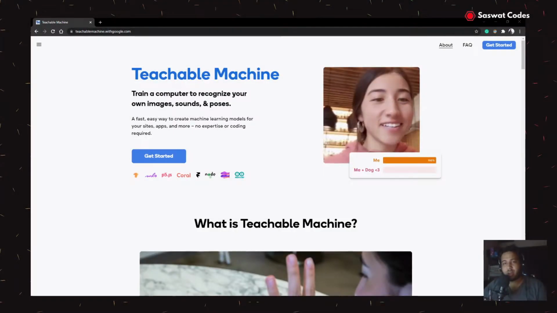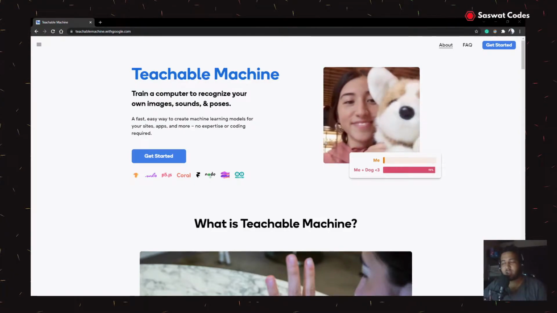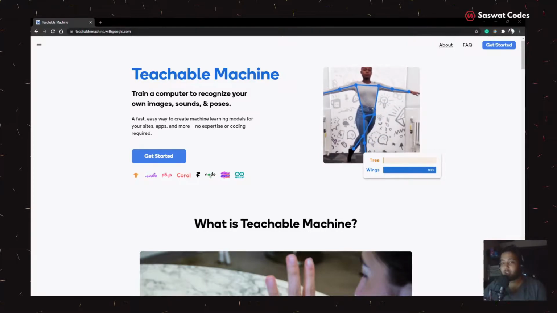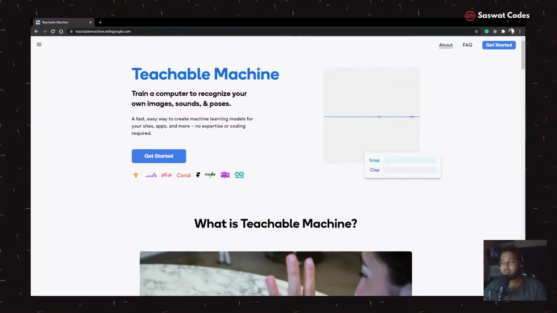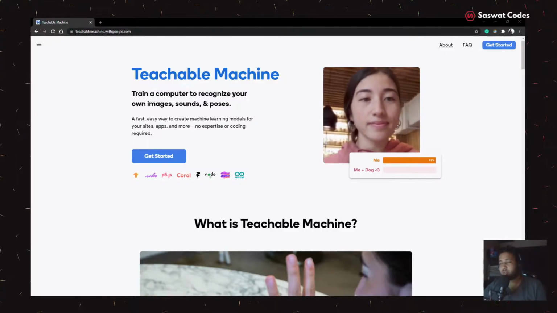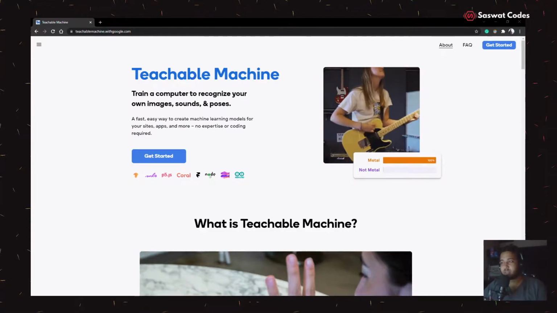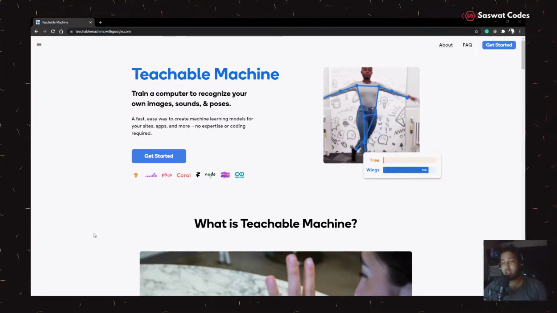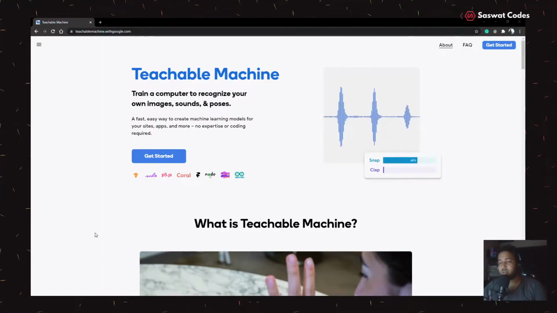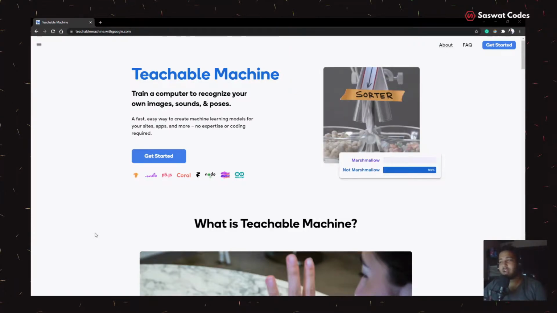So we all are fascinated about machine learning, right? And we got that hype about machine learning, and it is a trend also, but most of us don't want to learn machine learning or go deep into it, but we want to integrate it in our website or app or IoT product. So here comes Teachable Machine. Teachable Machine is powered by Google, and it is an awesome no-code tool to get started with machine learning, to get started to create your own model and to deploy it on a website or app, anything.